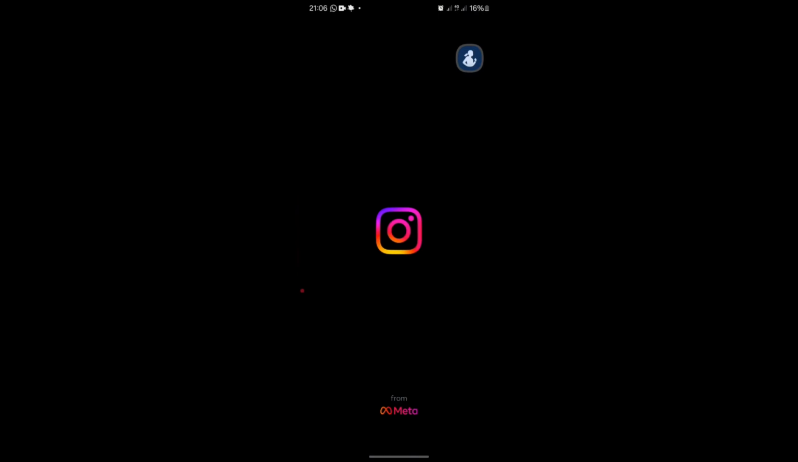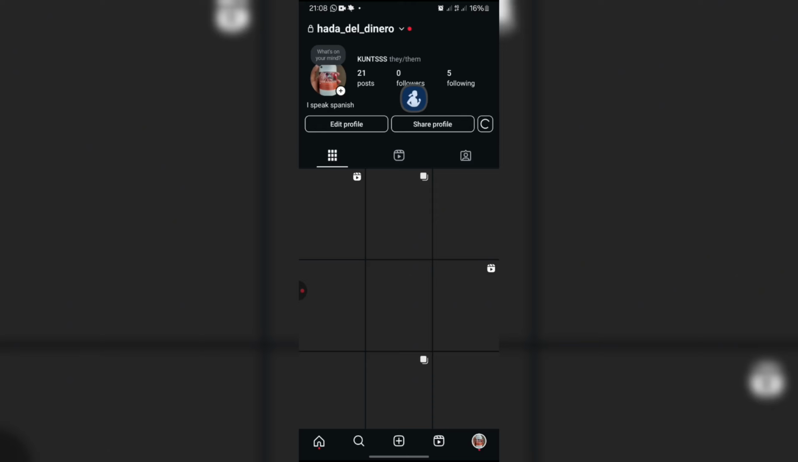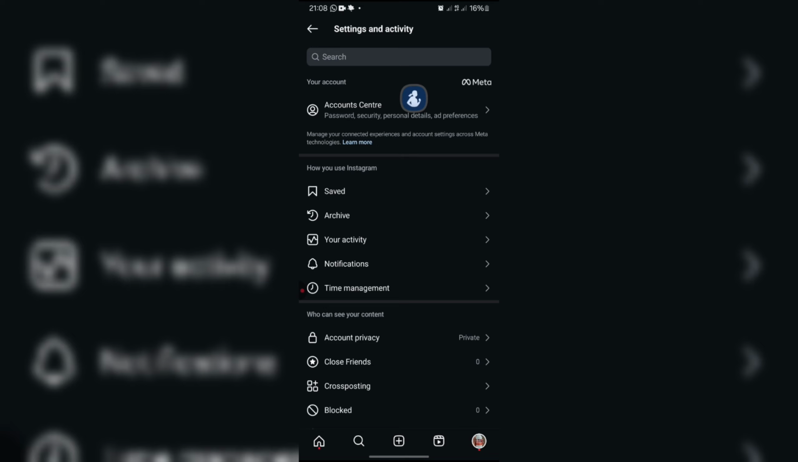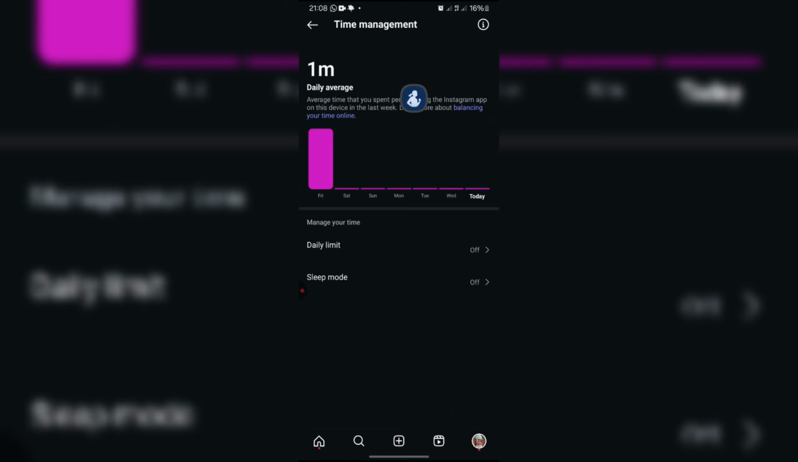Once you go to your Instagram page, go to your profile. Once you get to your Instagram profile, click on the three buttons to your top right. Once you get here, click on time management. Once you click on time management,